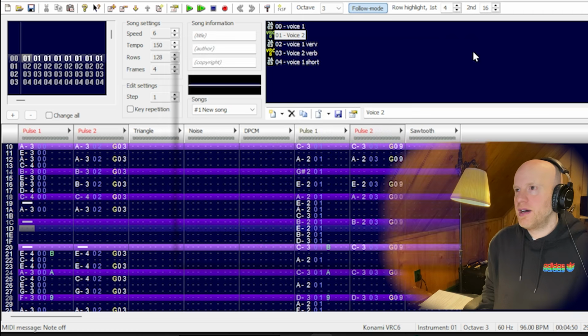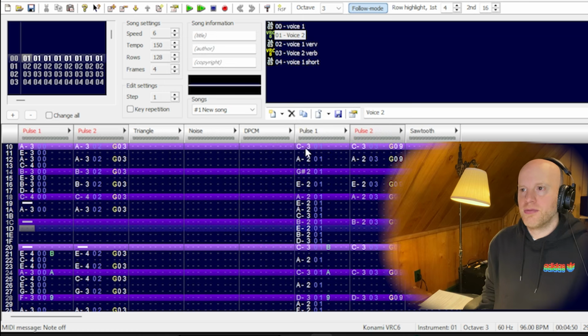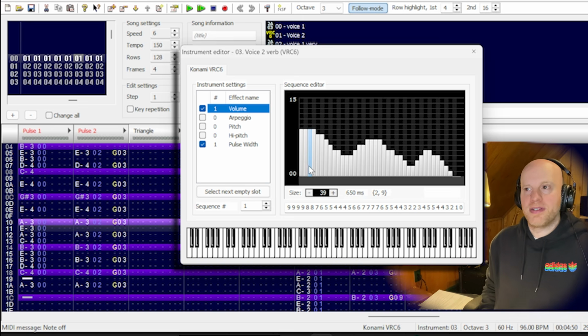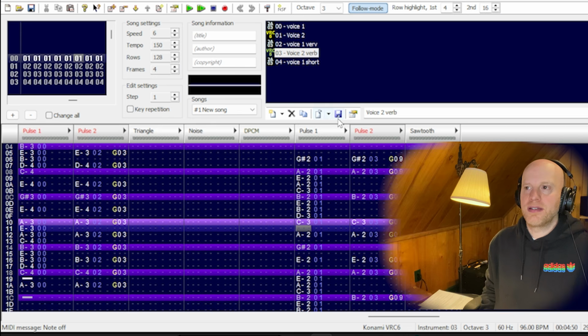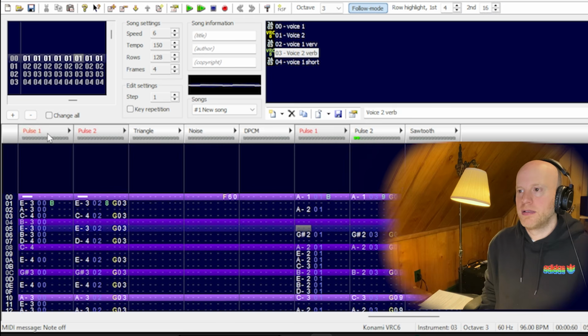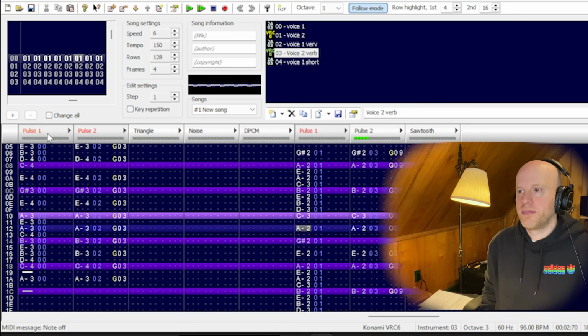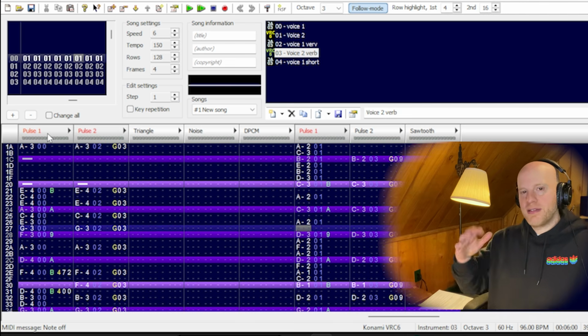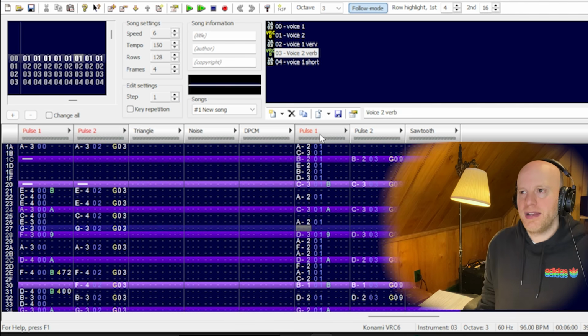Now the reverb for voice 2, this is where it's different. It has this reverb and delay quality. So let's just isolate the reverb channel for this one, because we heard the other one already. So it has that kind of breathy quality to it. If I add in the instrument,